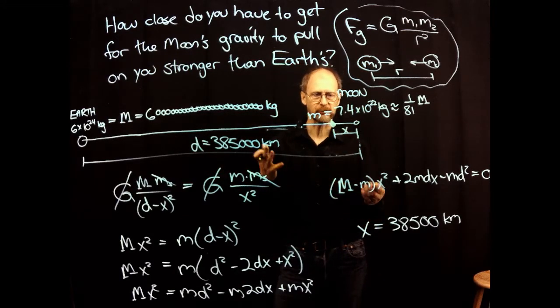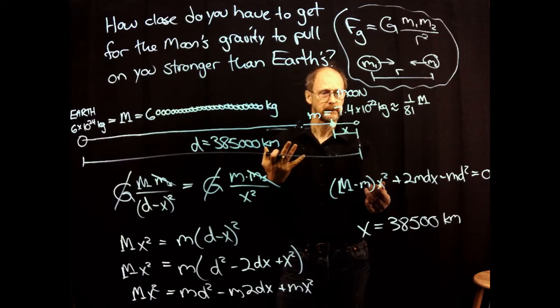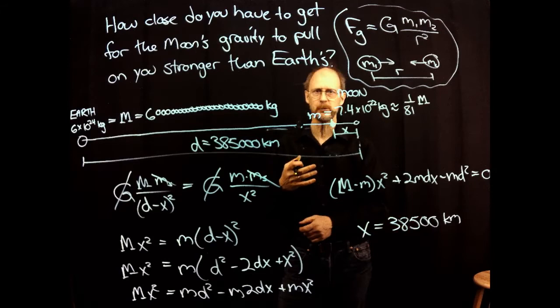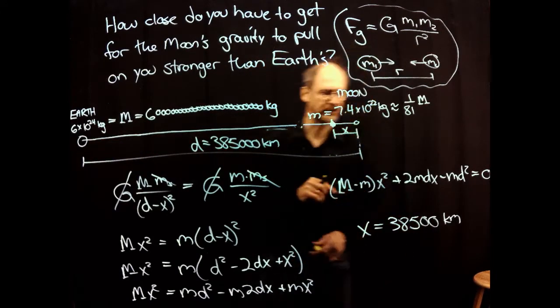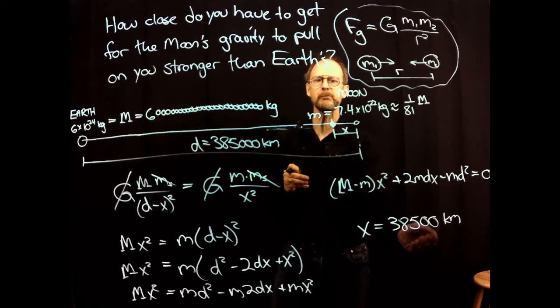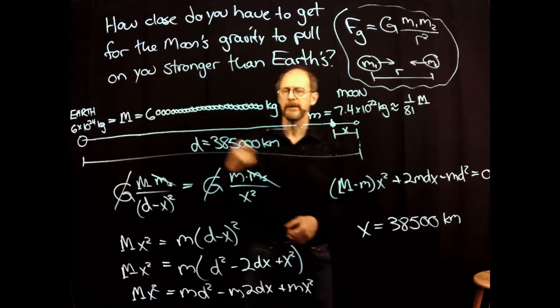The Earth's radius is about 6,400 kilometers. That makes the diameter of the Earth almost 13,000 kilometers. So this is about 3 Earth diameters away from the Moon. And again, I've very roughly got that to scale on the diagram. So this is how far you have to get to the Moon before you are gravitationally pulled harder by the Moon than you are by